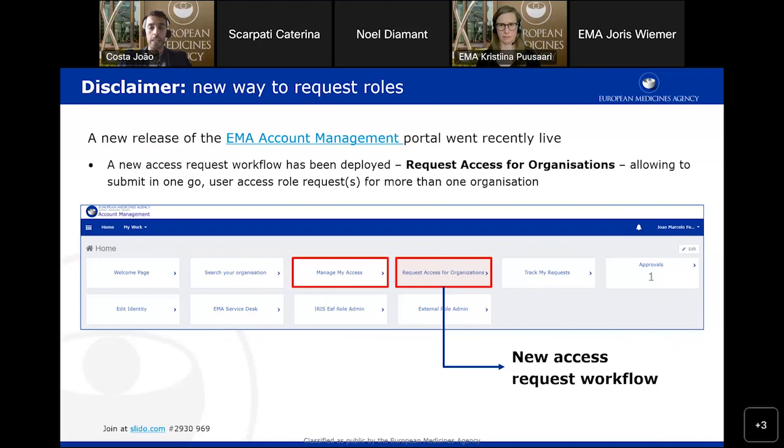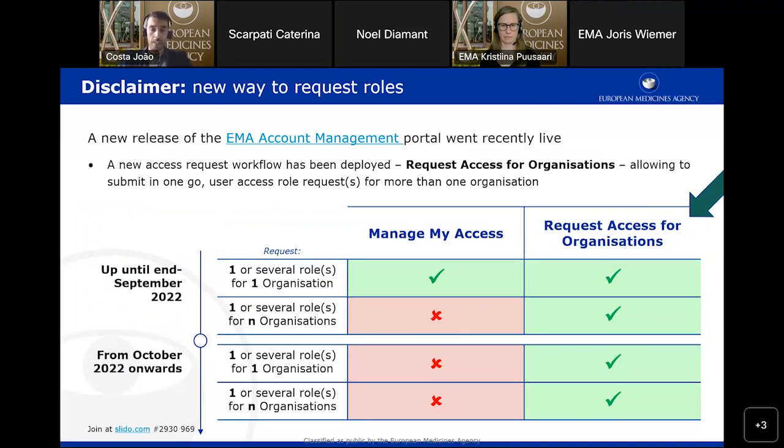You will see now the request access for organizations. This is where we strongly recommend you to click for requesting your role, irrespective of whether you want to submit an access role for one single organization or multiple organizations. If we move to the next slide.